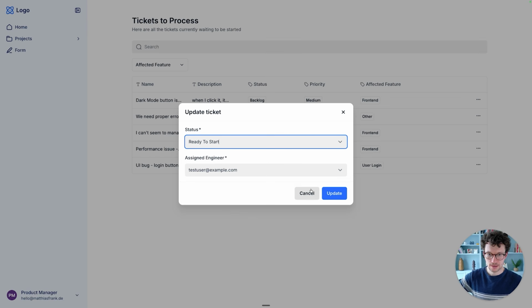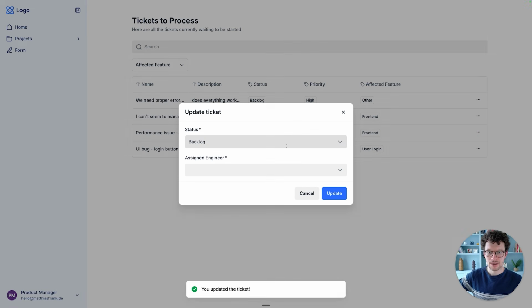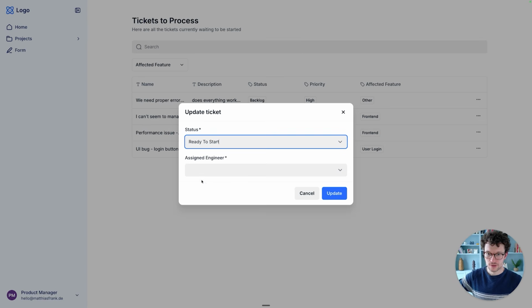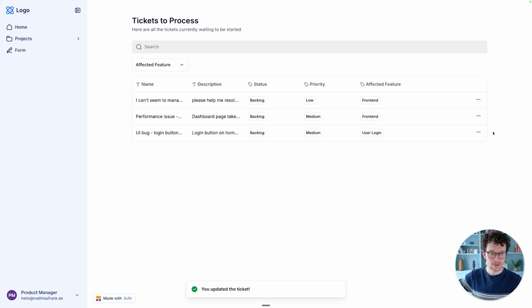We need to change the sorting here. Assigned engineer, that is fine, right? And let's update it, and perfect. It works, right? As soon as I edit a record here, it disappears from the process. I can say, okay, this one should be ready to start. I can assign the engineer if he's not assigned yet, right? Update it, and so on, and make sure that with a few clicks, we have everyone assigned, and the tickets